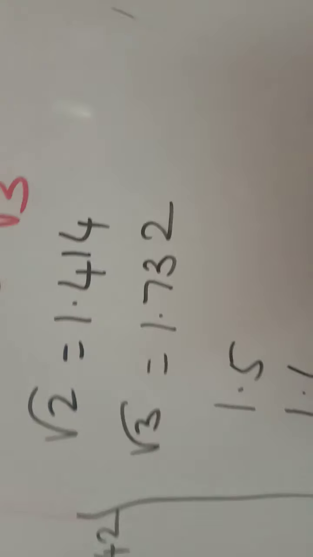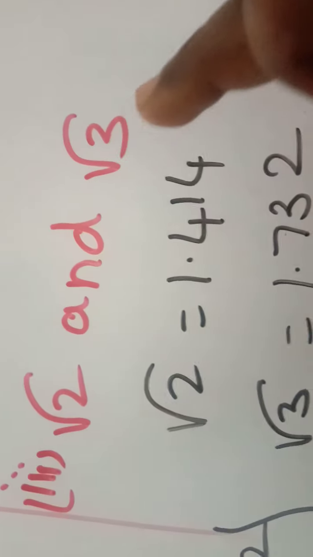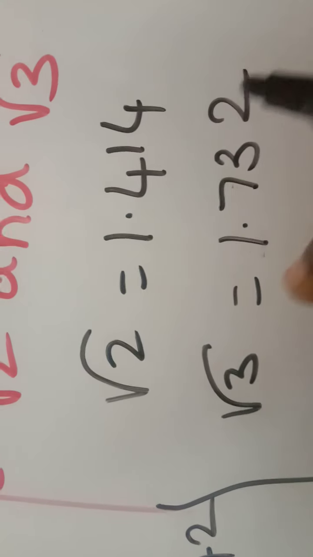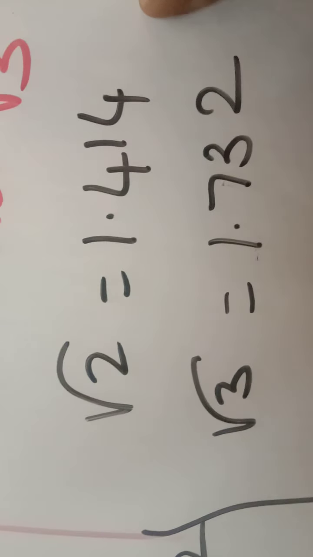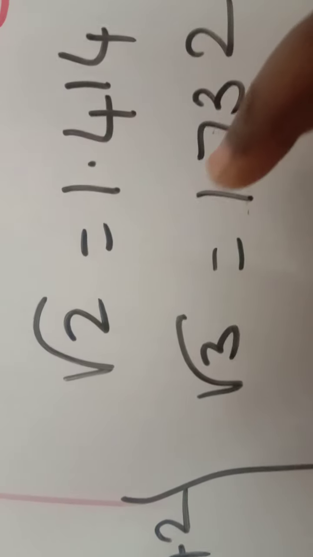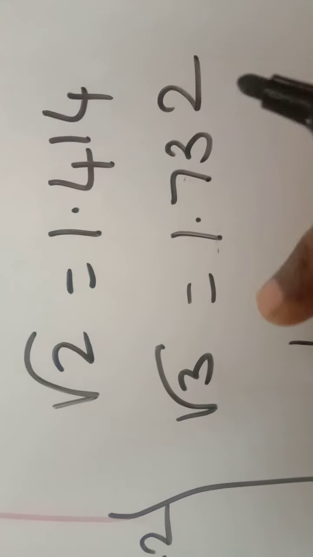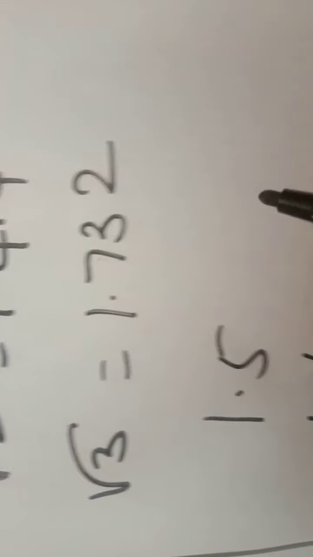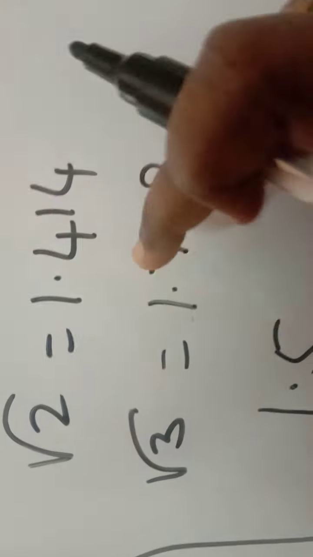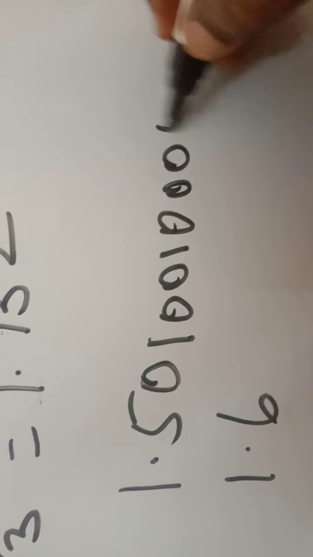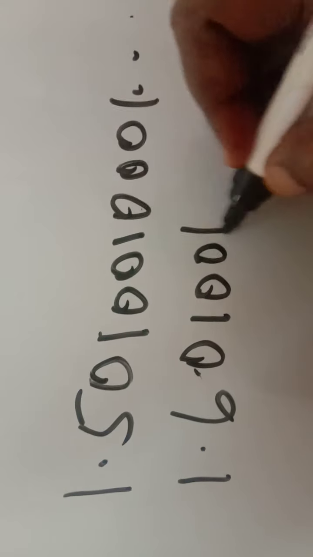Next, an irrational number between root 2 and root 3. You must know the values of root 2 and root 3. Root 2 is 1.414, and you have to memorize these values. Root 3 is 1.732. So 1.4 and 1.7: in between we can write 1.5, 1.6. These two digits are the same, so write 1, here 4, here 7. Between 4 and 7 we can write 5, 6. Then 01, 001, 0001, etc. Like that we can find many numbers, not only these two.